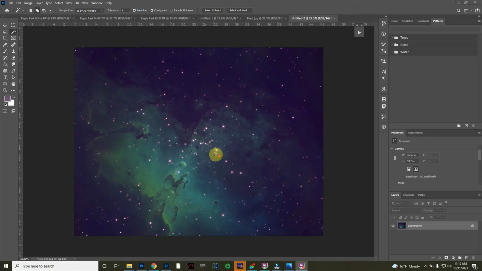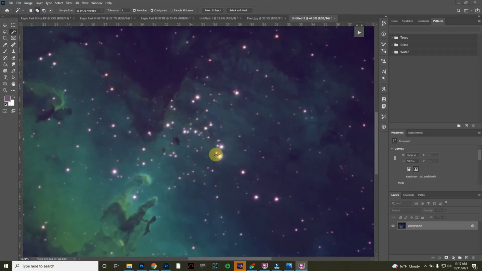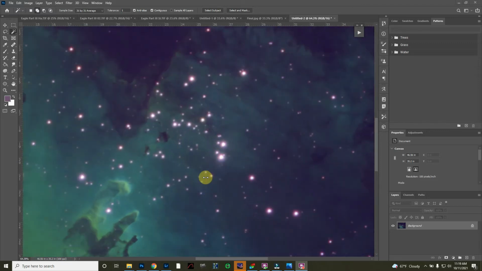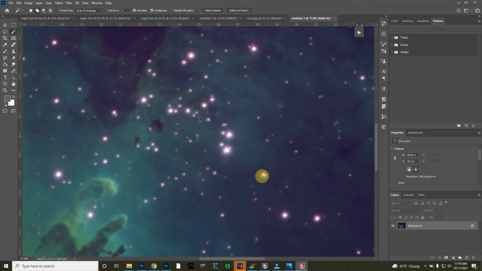So we still have more work to do, a lot more work actually, but just for the basic stuff I want to get in here, and I want to note a couple of things. So notice one of the issues is we have red around the stars. That's from that sulfur channel. So we'll have to get in there and correct that. You can do that with a color select and sliders to basically highlight the red, and you can change the color by either mixing. You can use these two tools here, color balance, channel mixer, etc., to make adjustments to these. And the way you isolate these things is you can do a color select,